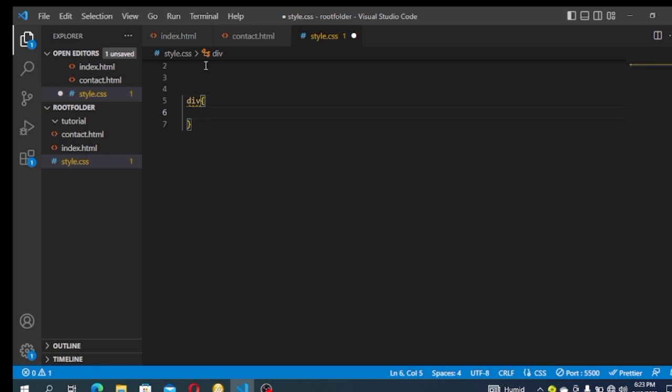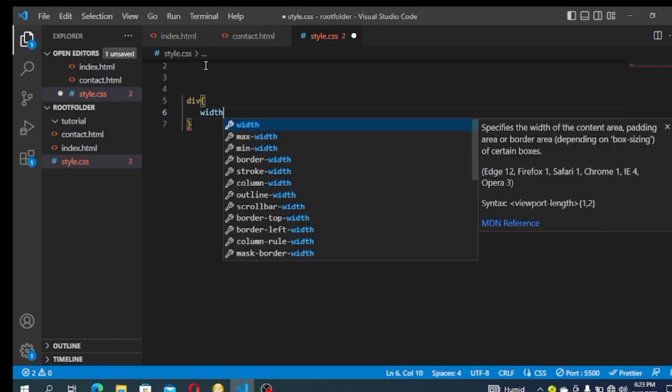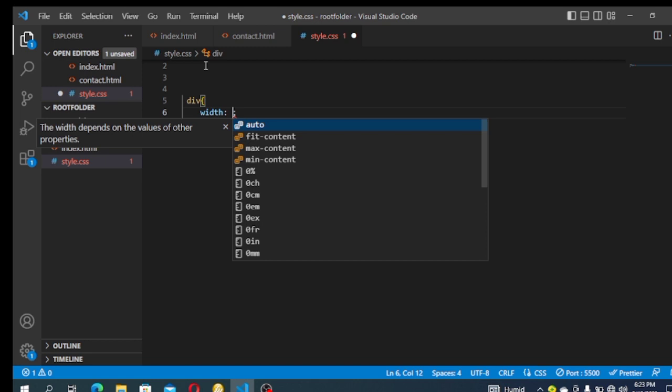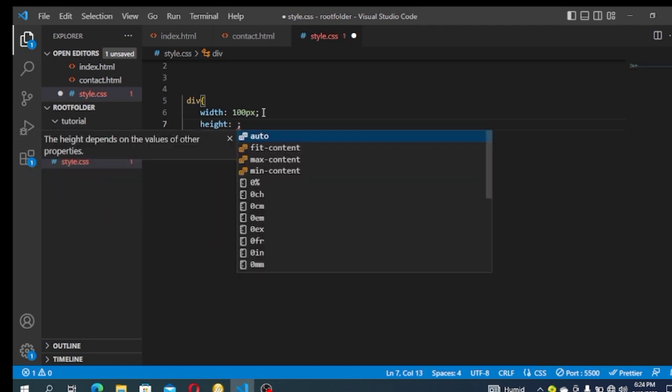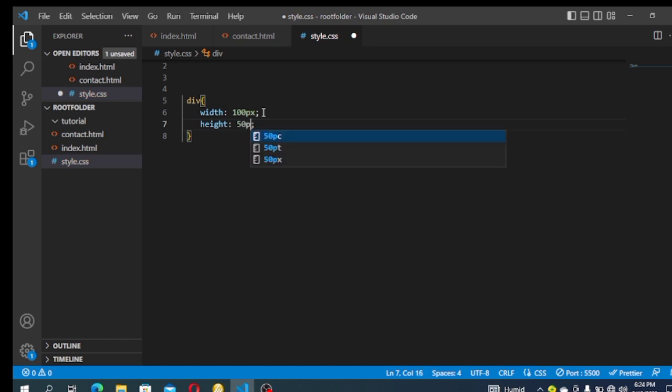So what I'm going to do is I'm going to give this a width of 100 pixels, and then I'm going to give it a height of 50 pixels,